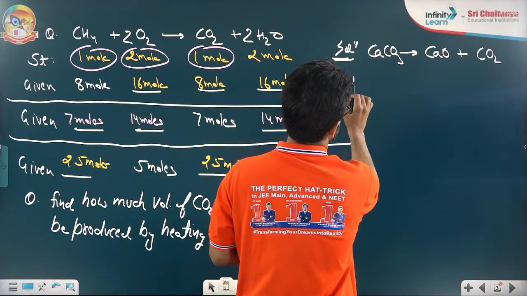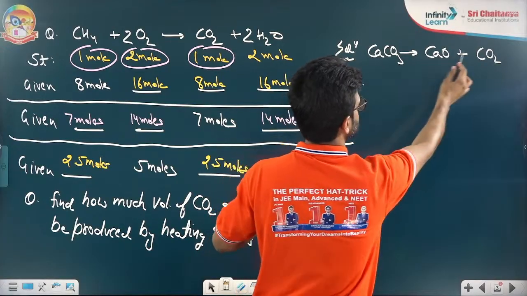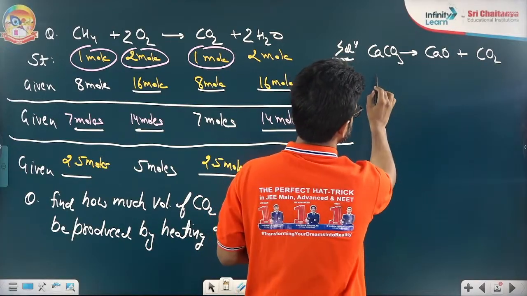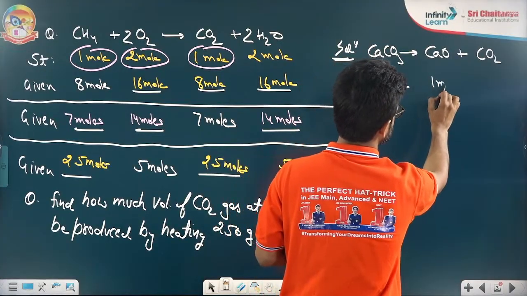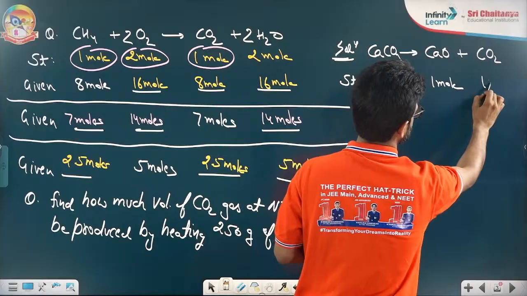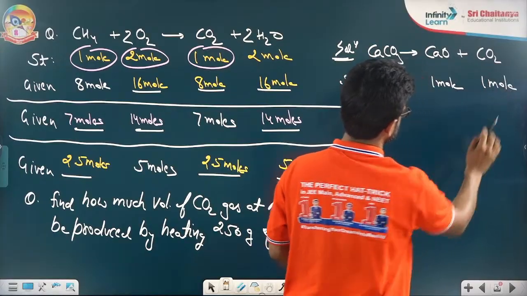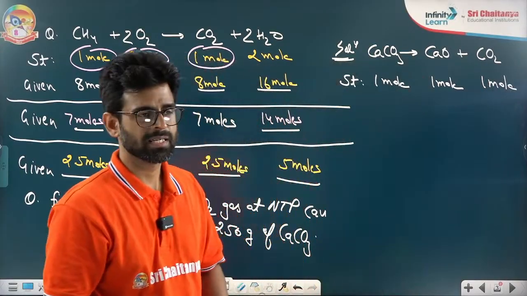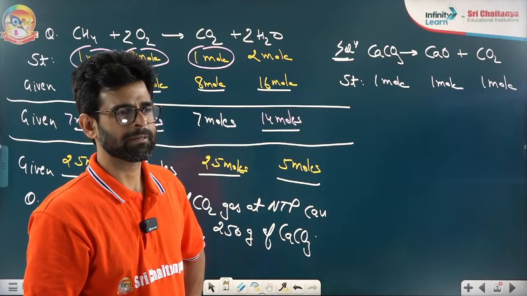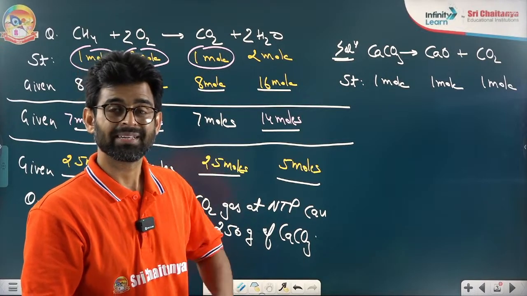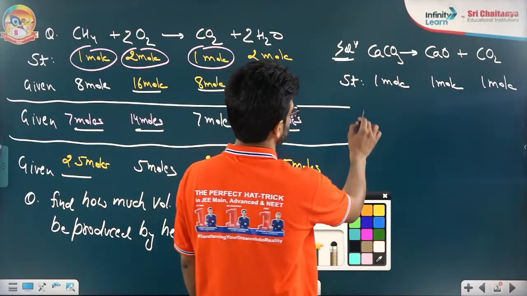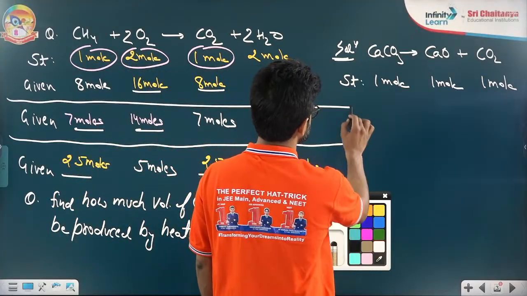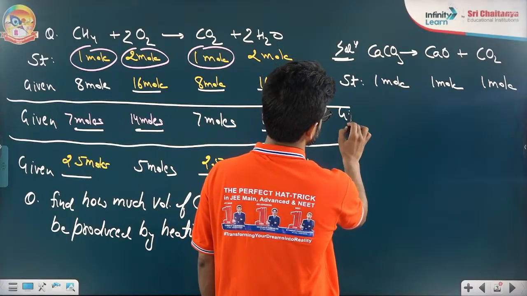The stoichiometry ratio is telling us that after balancing, it is already balanced. If you see, it is telling me that 1 mole CaCO3 gives me 1 mole of CaO and 1 mole of what? CO2. Very clear from the given statement, right? Now, if you see carefully what they have given to us,